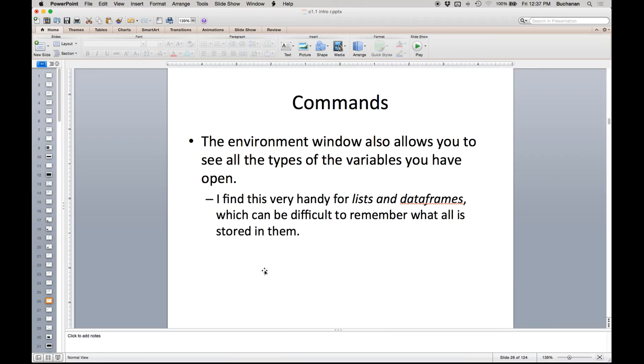That is super handy for some variable types called lists and data frames. Especially if you are unfamiliar with the functions that you're using. So the first couple times you use it, you can look through at what it stores. So think of a list. This isn't a perfect analogy, but think of it as saving the output in SPSS. And so you're going to have a whole bunch of different types of things. So the good thing about lists is they store different types of objects, and then you can call them one